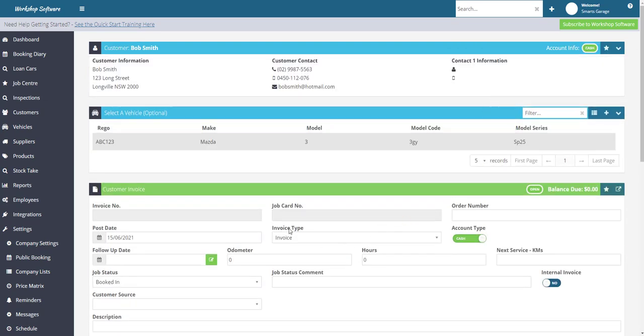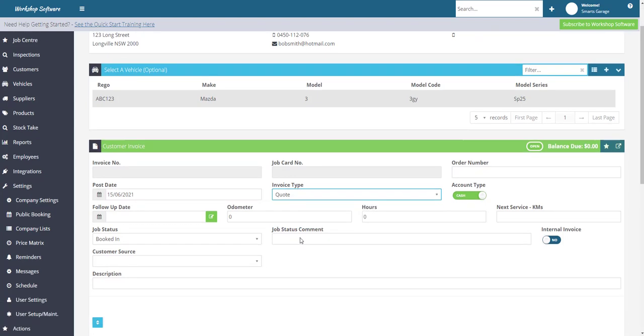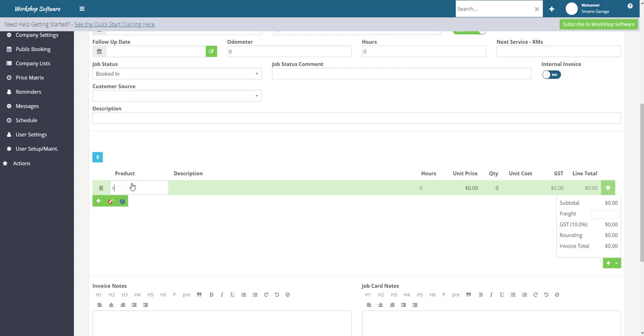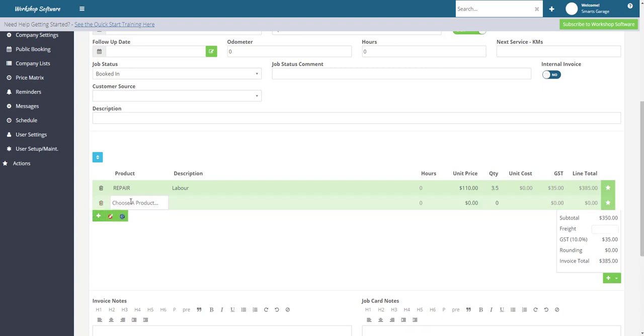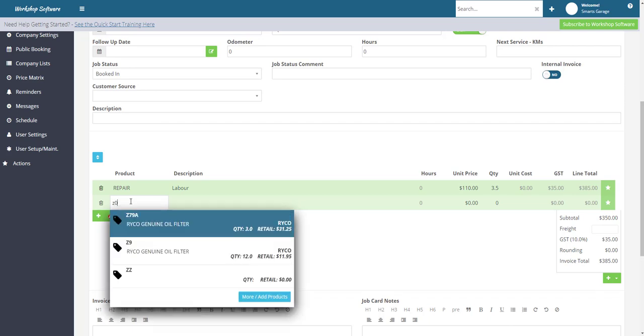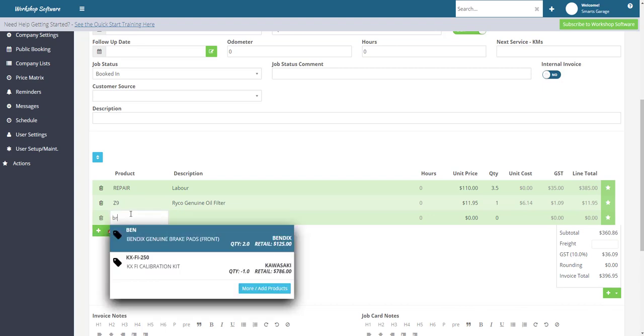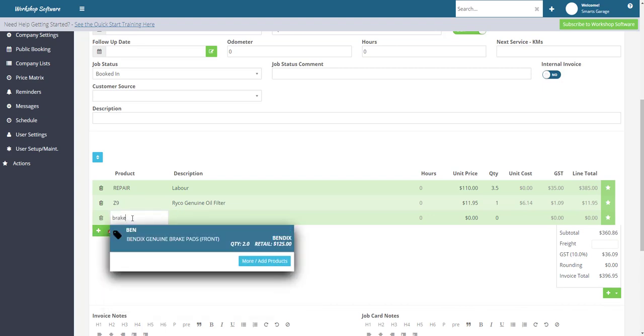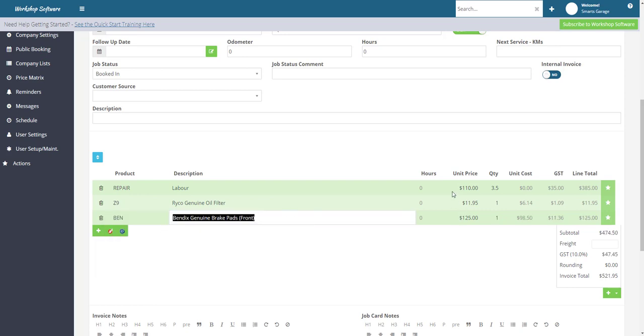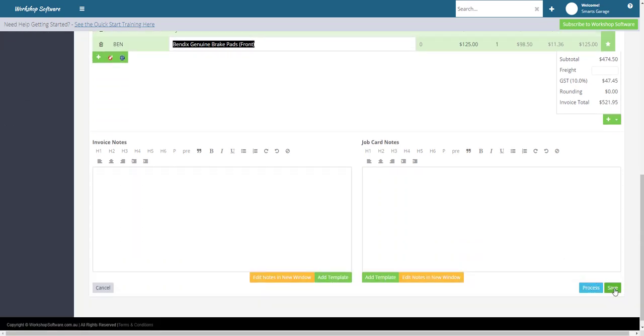To change an invoice into a quote, I can simply come down into the bottom line here or into the middle of the screen and say this is going to be an estimate. Now, in here, I'm going to come in very simply and go repair labor, perhaps 3.5 hours worth of work, and I'm just going to throw in some parts. This is more detail than anything else, but I just wanted to give you an idea of how this all works. Okay, so now I have an estimate for a customer. If I save this,